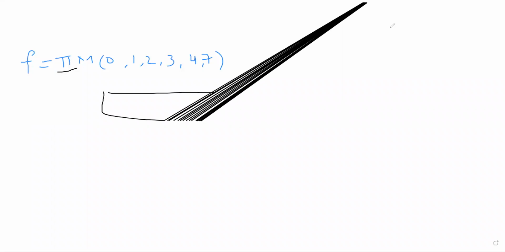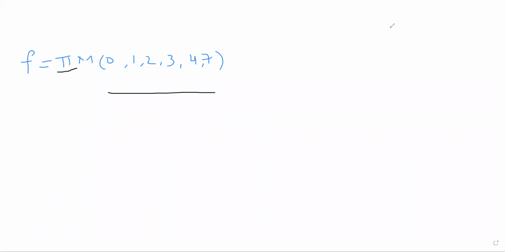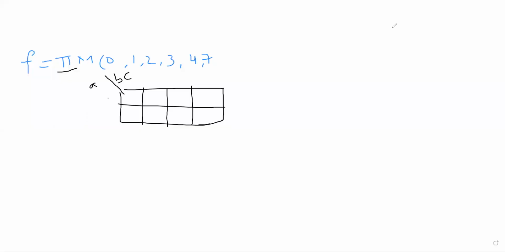Okay, now let us observe here. This is a three variable K-map. Now we know that it will be 0 and it will be 1. Same combination: 0 0, 0 1, 1 1, 1 0.